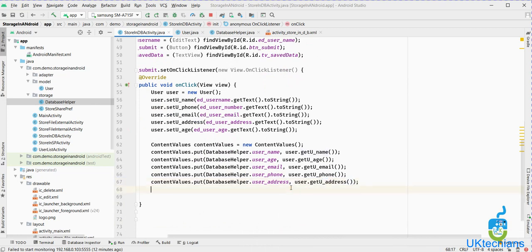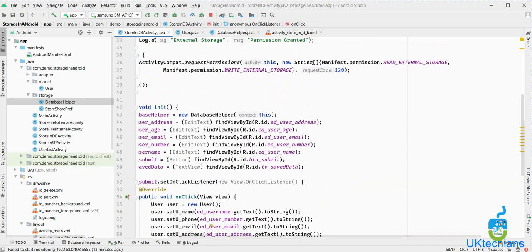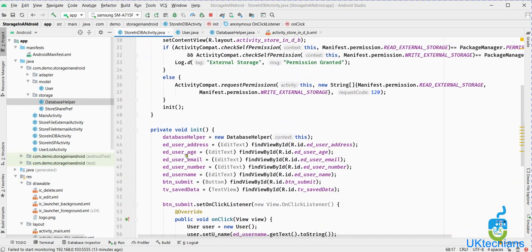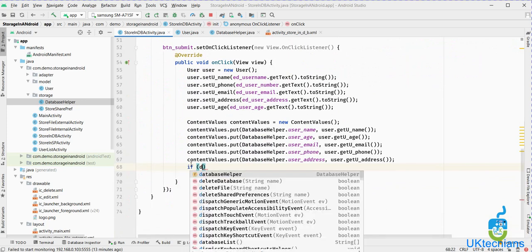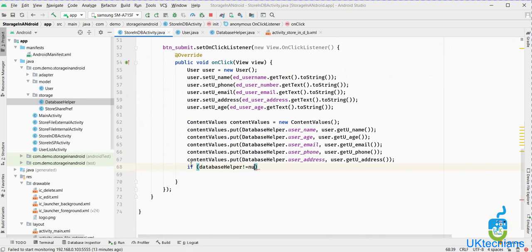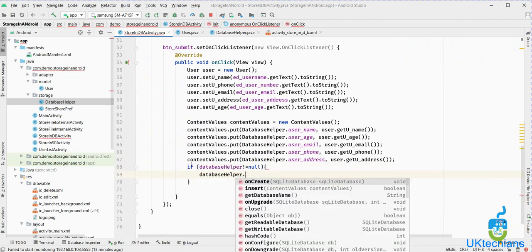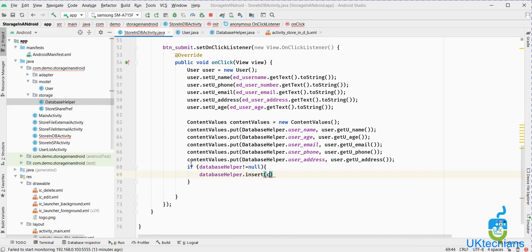So what we will do, we will see if this open helper is not equals to null. So what we will say, just insert the values, dot insert, just insert the content values.